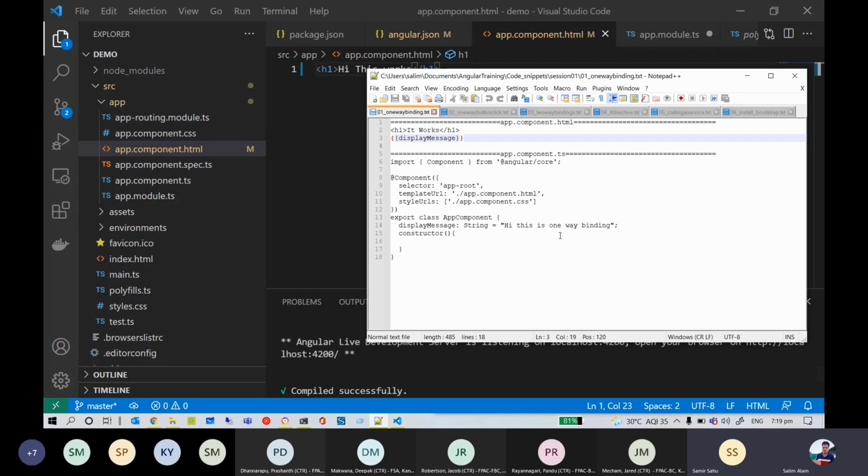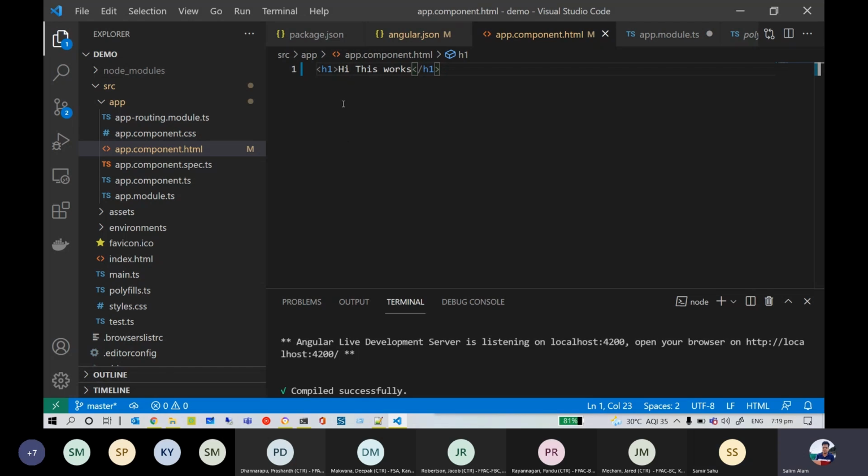What is a one-way binding? Yeah, so one-way binding means that we have a property in our class and we want to just display it on our HTML page. We don't want to do anything, it's just for display. We don't want any input or feedback from our property, or we can say a variable,